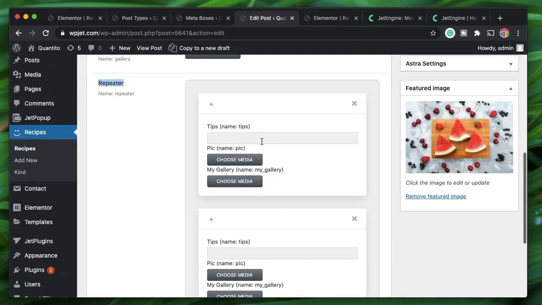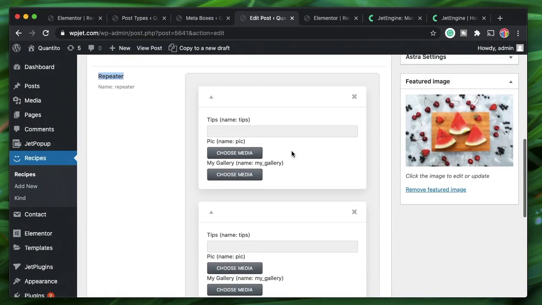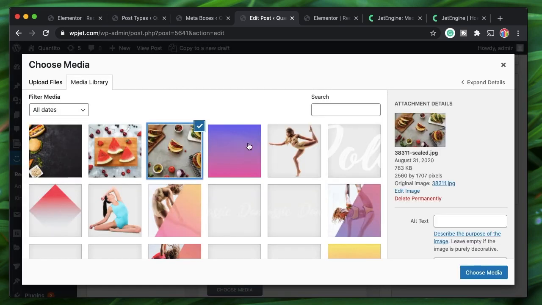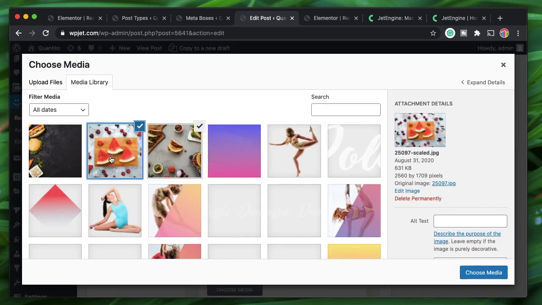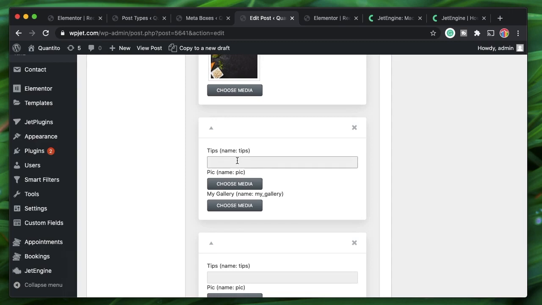Let's have 3 subfields in the repeater. You can add as many as you want. So the first one, I'll just call it tip 1, and for this I'll just pick this image, and the gallery I'll pick these 3, and for the second subfield I'll say tip 2,